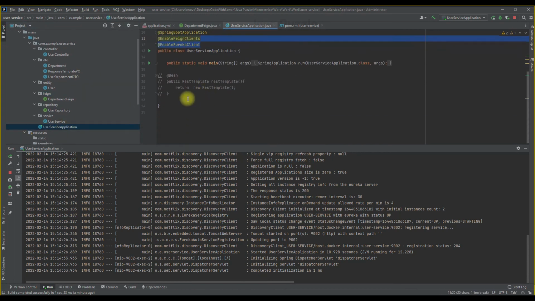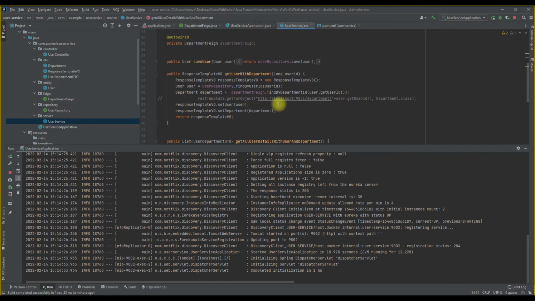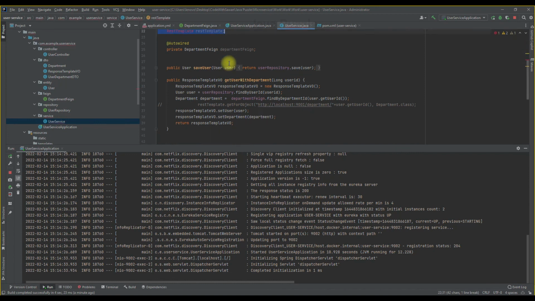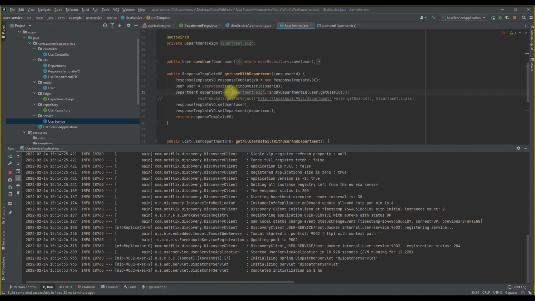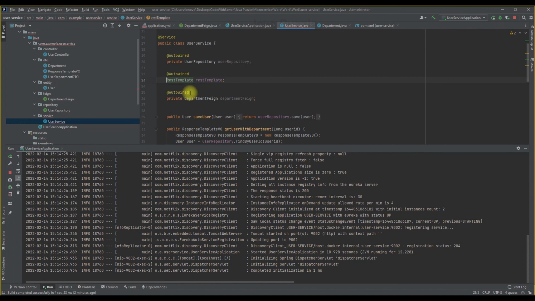Let me uncomment this. Okay, REST template, and inside the service, just uncomment this one also, and let me comment this and use the REST template that we have to import.